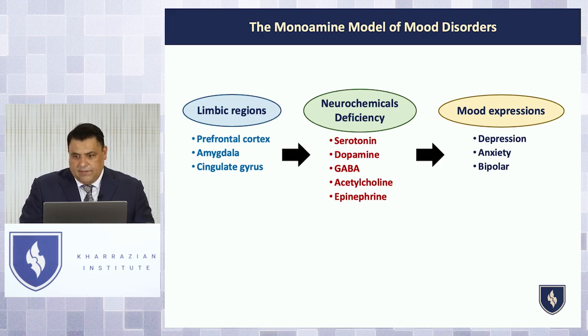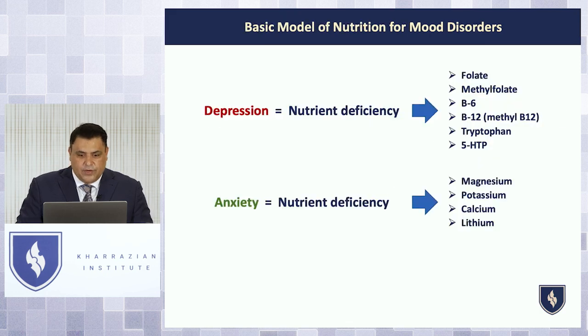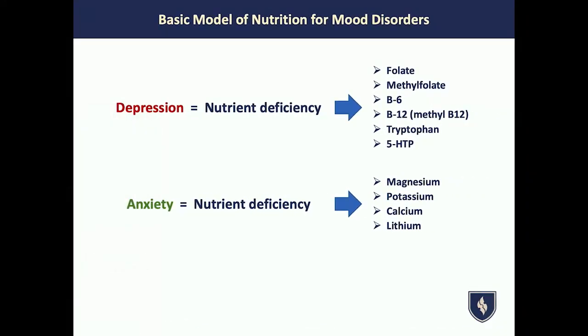And to be quite honest, even in the alternative medicine world, depression is really seen as a nutrient deficiency. They don't have enough folate. Oh, wait, not folate, the specific folate, methylfolate. Or they don't have B6, or they don't have B12, but not just any B12, methyl B12. Or maybe they just need more tryptophan or 5-HTP, and they go through this model of trying to simplify mood disorders into a nutrient deficiency for those neurotransmitters.